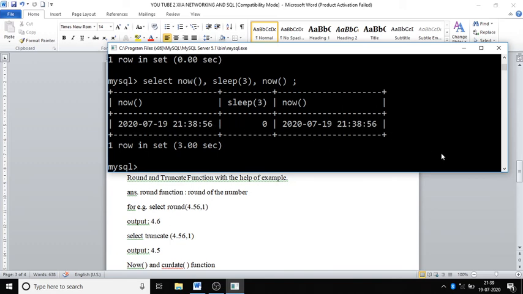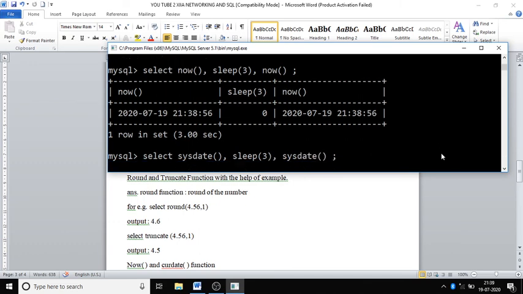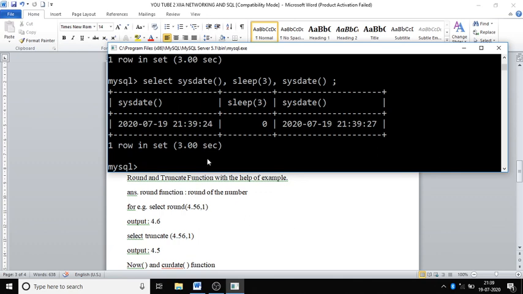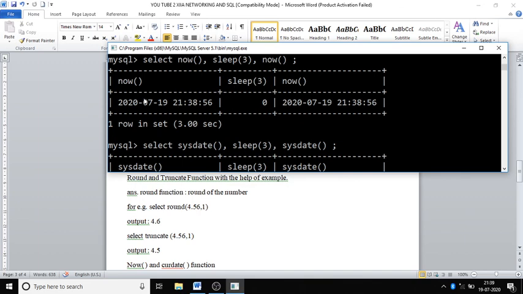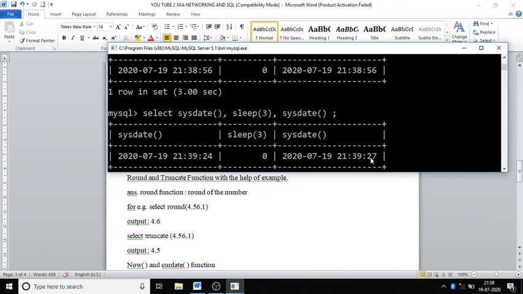Now suppose I say sys date, you can see there is a difference of 3 seconds. So in now function it takes the time when your query has been executed, but in system date it will take your system time only.